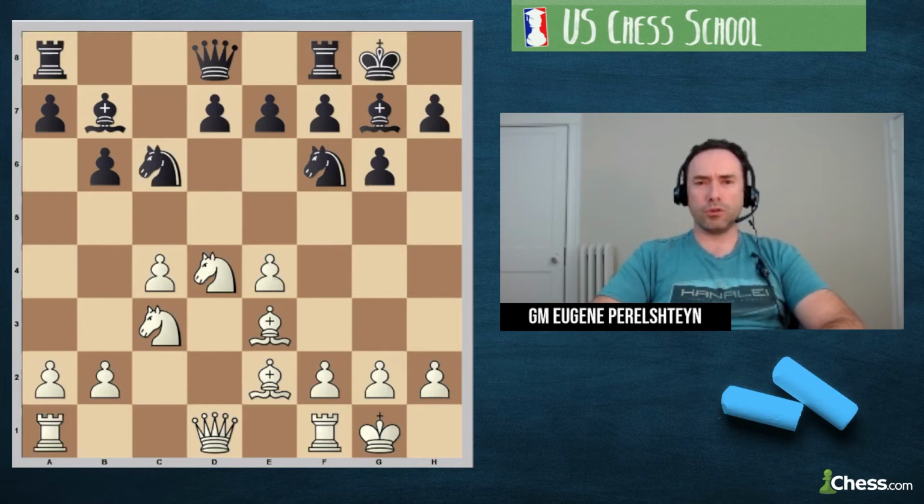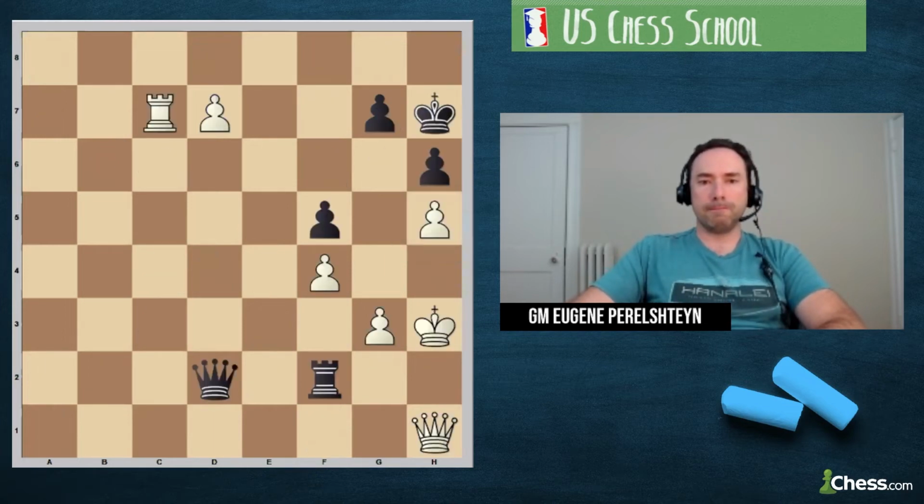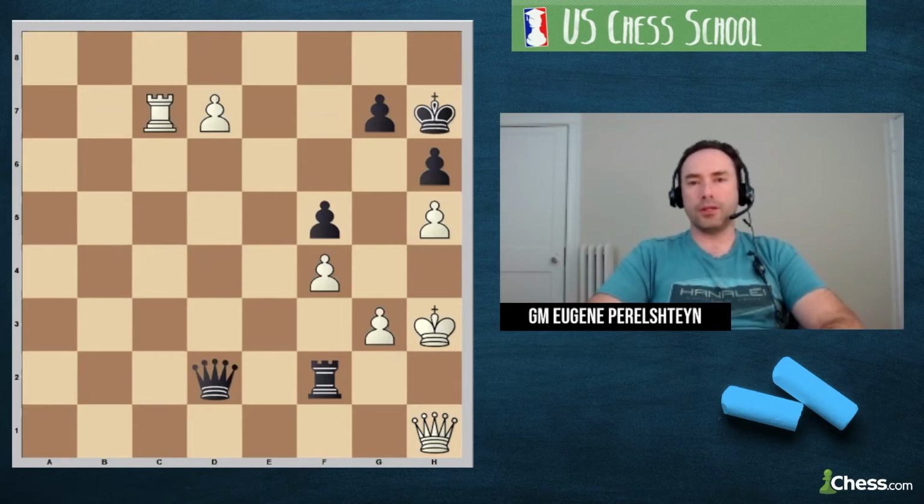Okay, so this is an important idea. All right, you're all warmed up for the next one. All right, excellent. So this one is going to be fun. Here's the position for you. What would you play for white? Now, if you've already seen this before,